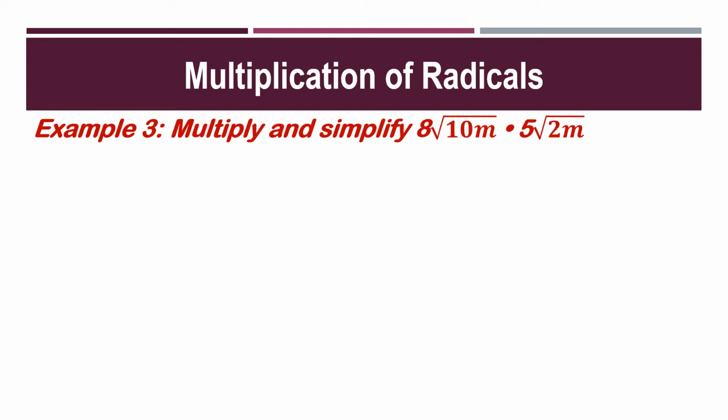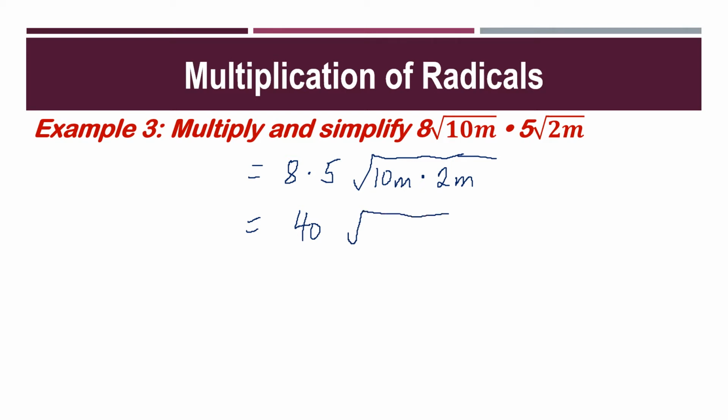Let's have another one. Multiply and simplify 8 square root of 10m times 5 square root of 2m. So first we multiply 8 and 5, and then multiply square root of 10m and square root of 2m. So we have square root of 10m times 2m. 8 times 5 is equal to 40. And then we have square root of 10m times 2m, is